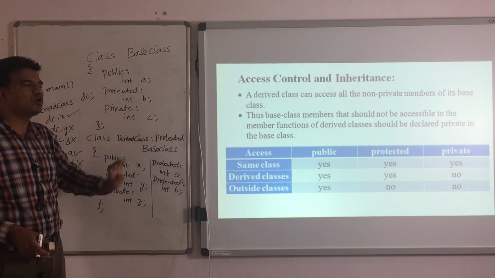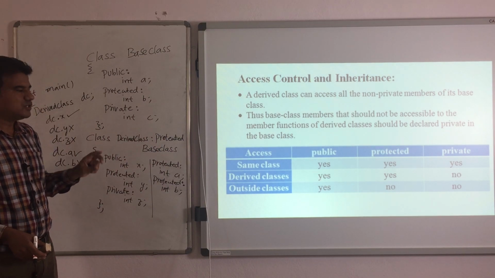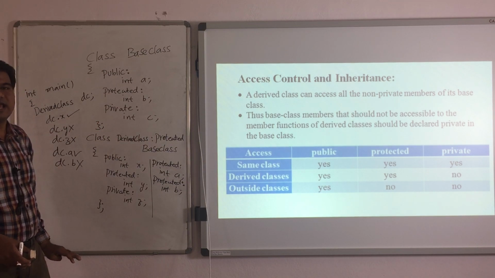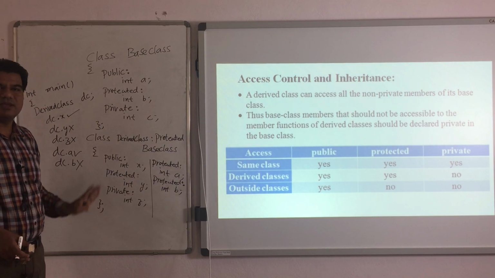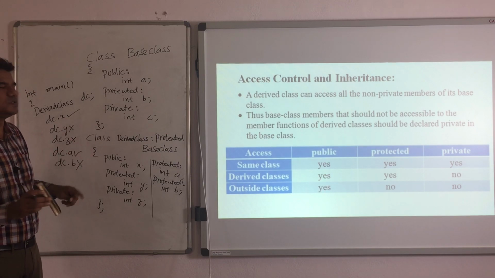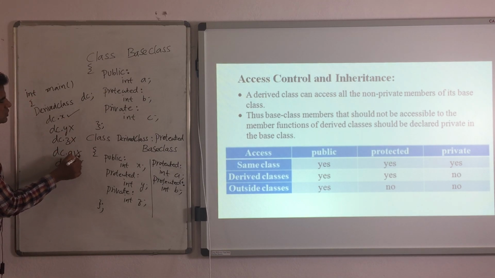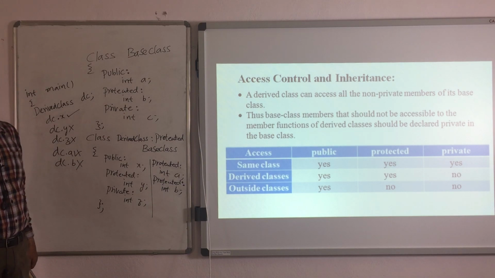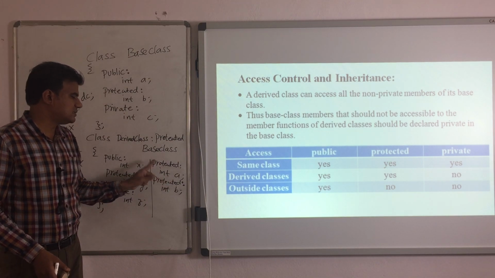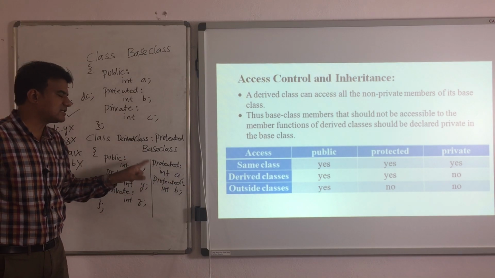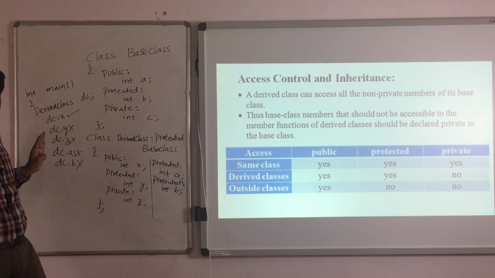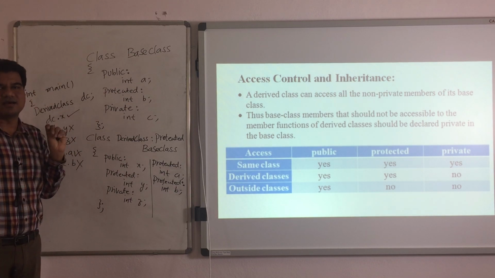Protected only, because my mode of inheritance is protected. So now after this change in mode of inheritance, can I access A and B outside the class? No, it is not possible. So this A also I cannot access. The reason is that A's access modifier is now protected. That is the reason I cannot access A outside the class.